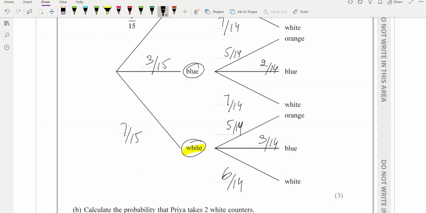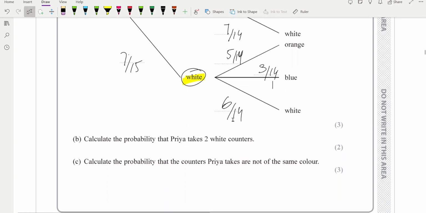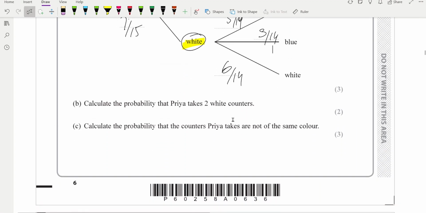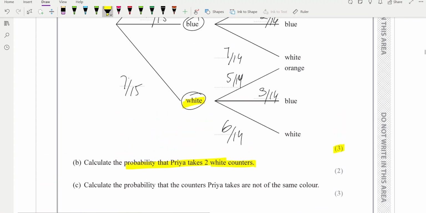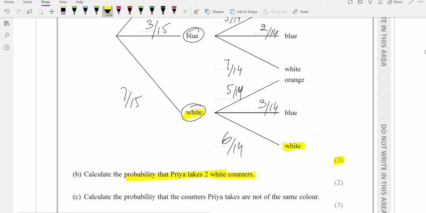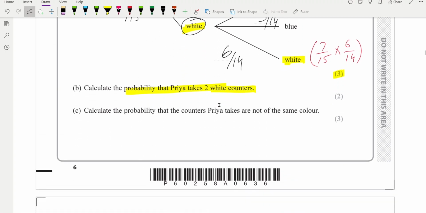And after writing this probability, they are saying that after completion of this tree diagram, which is a 3-mark question, we have to calculate the probability that Priya takes 2 white counters. 2 white will be this white and this white, so we have to calculate for 2 white. And for 2 white, we are multiplying this 7 over 15 multiplied by 6 over 14,